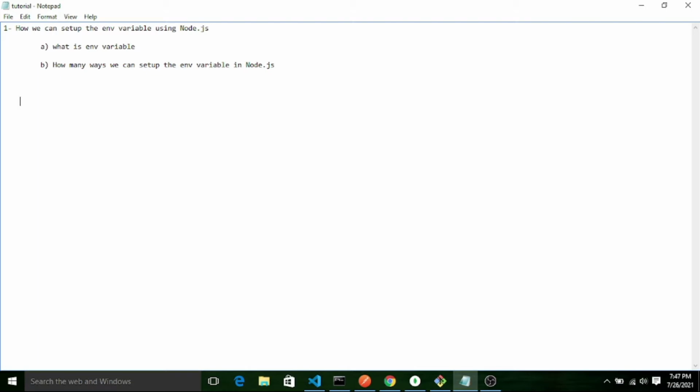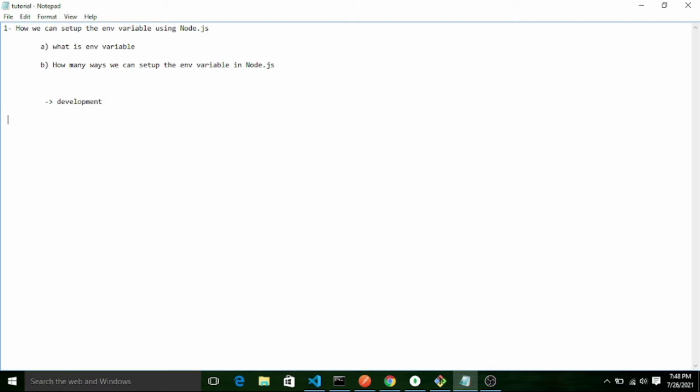If people ask me what is this environment variable and why is it required, let's say when people are making any product or any Node.js application, if that is a live product we are developing, there are 3 stages we basically follow. First one, the development.